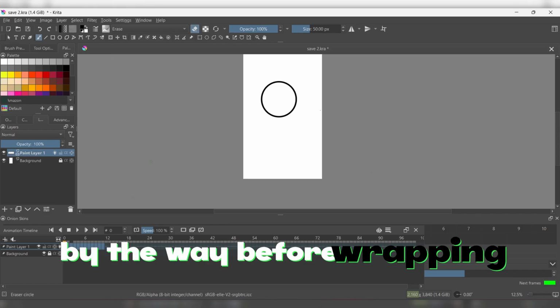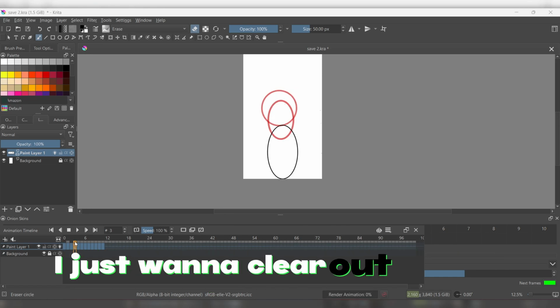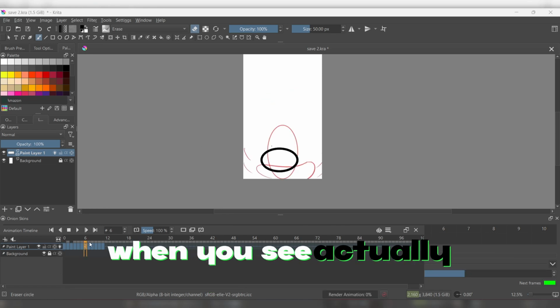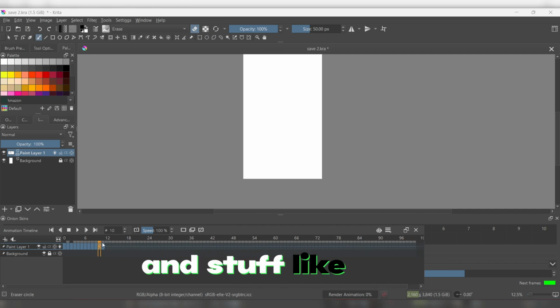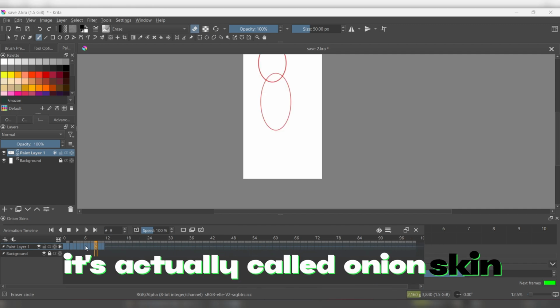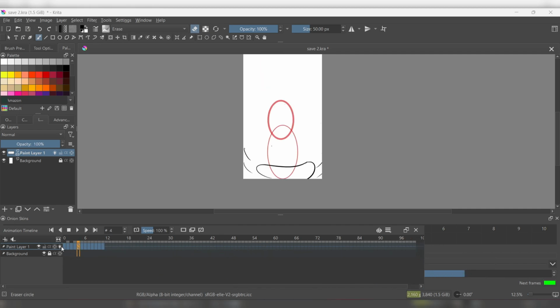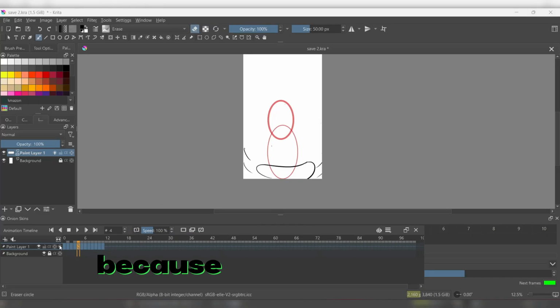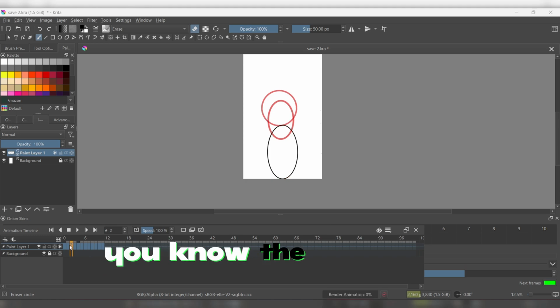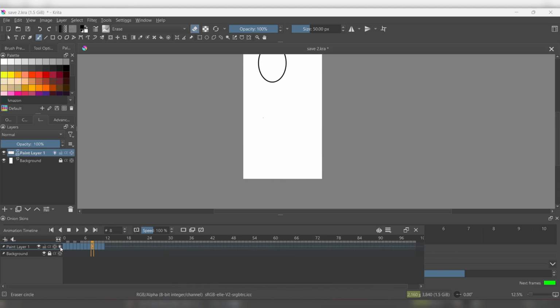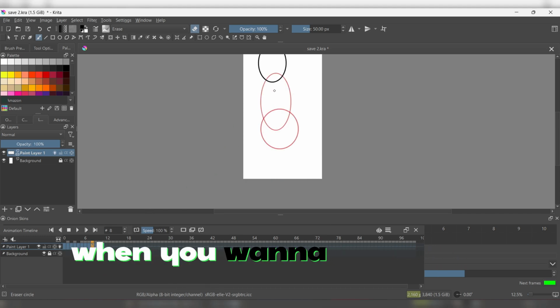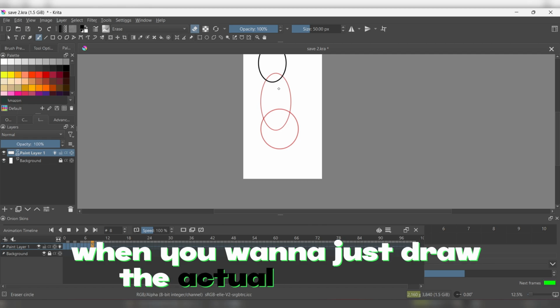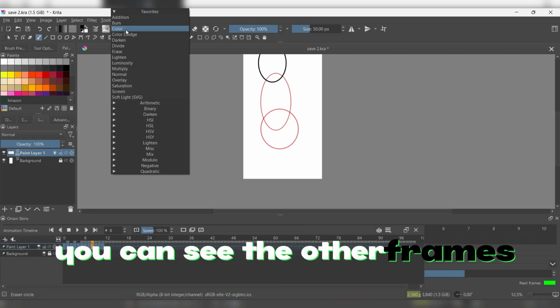By the way, before wrapping up the video, I just want to clear up that when you see frames that are red and stuff like that, it's called onion skin. Onion skin is literally the insurance of our lives in Krita, because it gives you the previous frames. For example, when you want to draw the ball falling, you can see the other frames to match up the